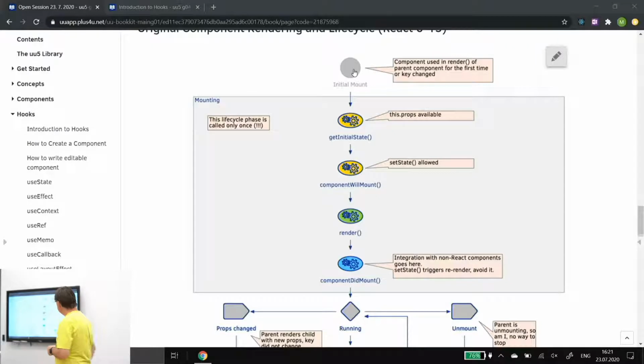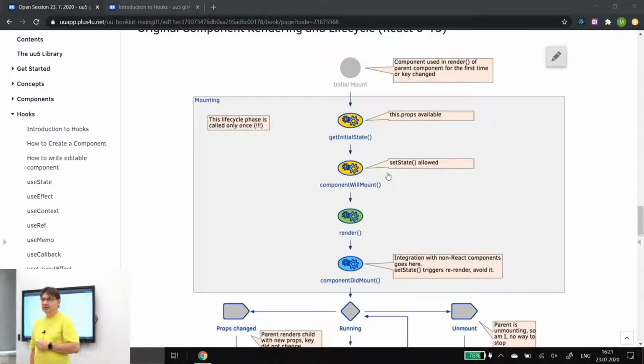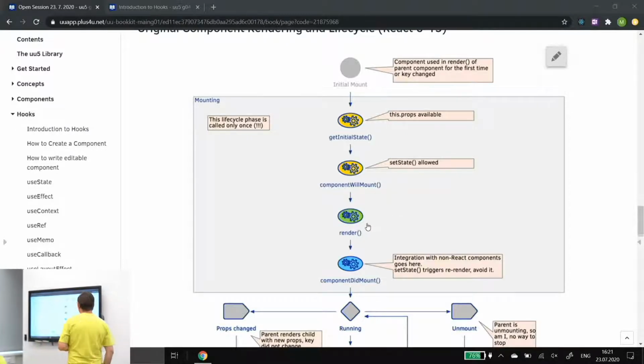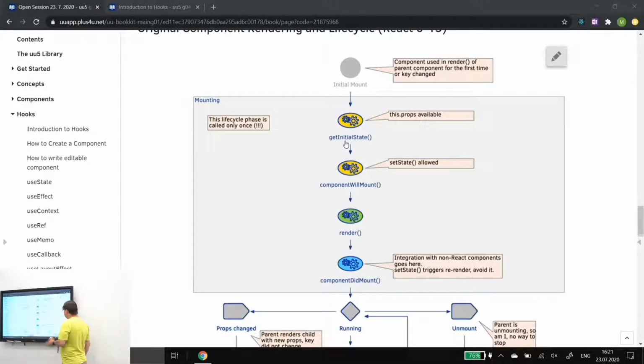Yeah. And there are some lifecycle methods like componentWillMount, which will be called before the first render. So it's something like a constructor where you can initialize the component. But even before that, there's getInitialState, which will give you the initial state of the component if the component is stateful. And after the first render, the componentDidMount lifecycle method is called,